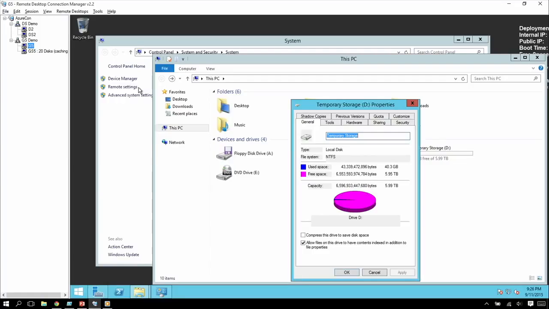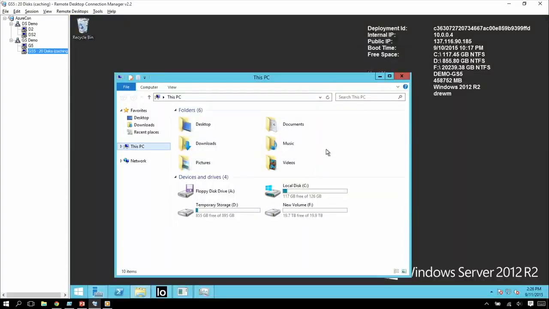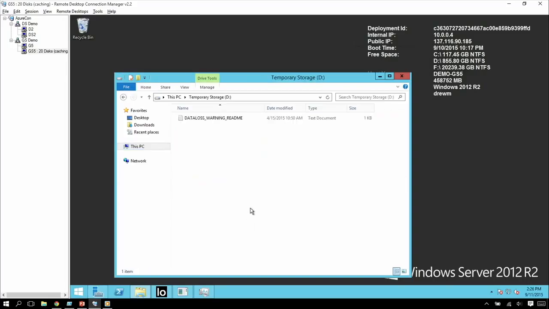So the same thing that you're seeing here, right now we see about 6.5 terabytes of local SSD. But that drops down whenever you go to your GS series VM. And again, all of that storage is being used for this really high performance disk cache